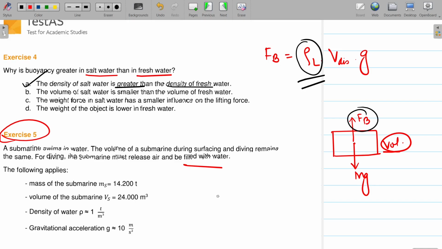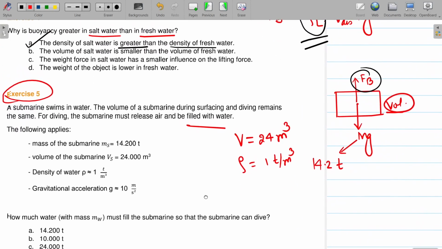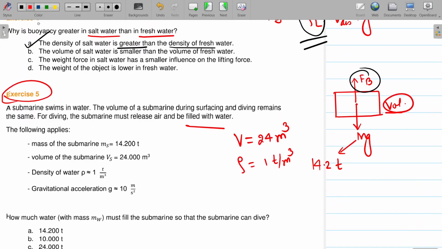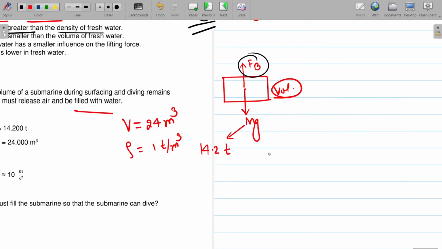Now we have the following data. The mass of the submarine is 14.2 tons. So M is 14.2 tons. The volume of the submarine is 24 meter cube. The density of the liquid is 1 ton per meter cube. The acceleration due to gravity is g. So we have to find how much water should be taken in for diving. Okay. So if you want to go inside the water, if you want to be diving, it means